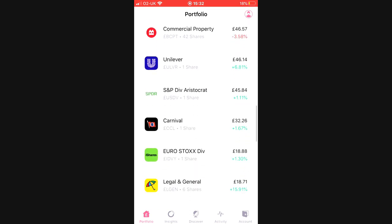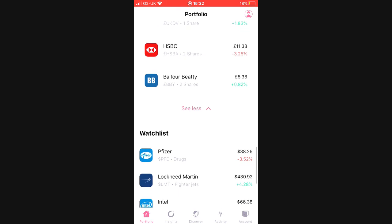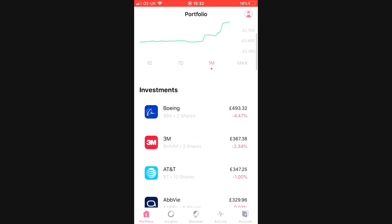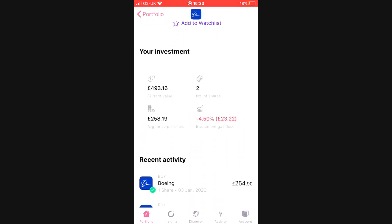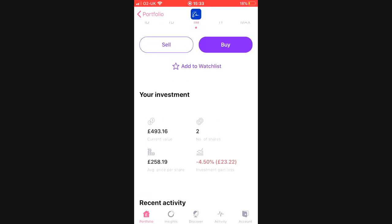So since my last update, I've had quite a few stocks added to the portfolio, and I will run you through them now. So we'll start from the top. My biggest shareholding is Boeing. I have 2 shares in Boeing. It is £493 worth. I am currently £23 down against this share, and that is mainly due to the Max crisis continuing